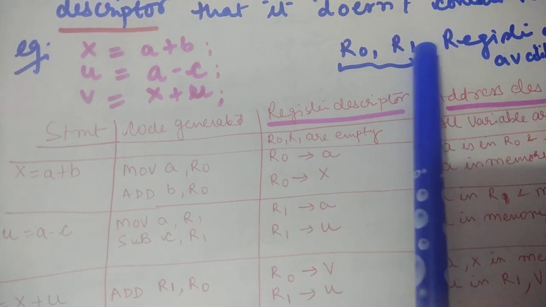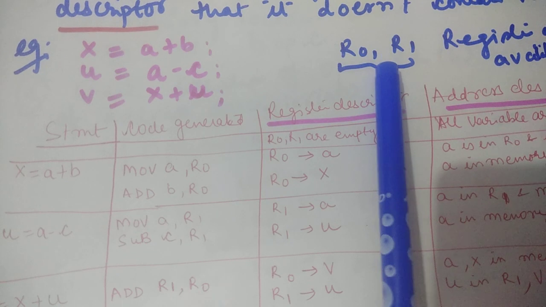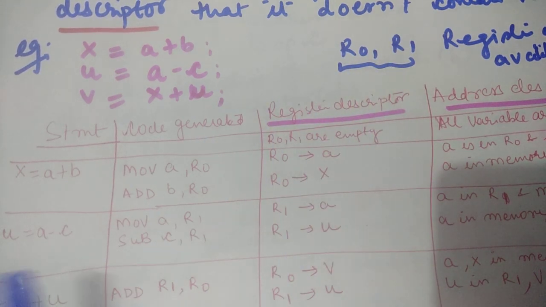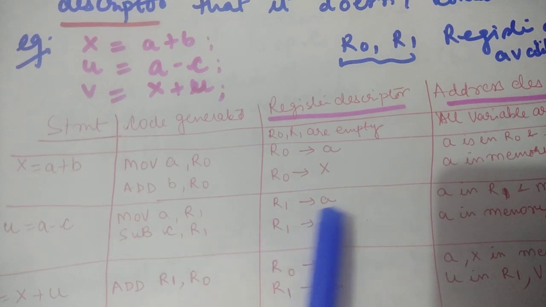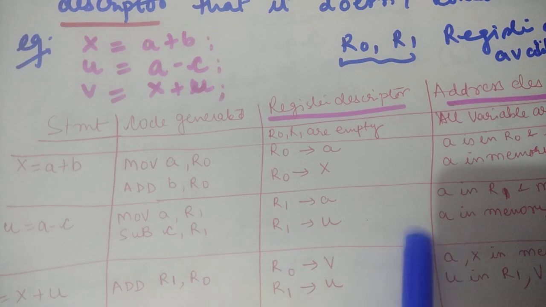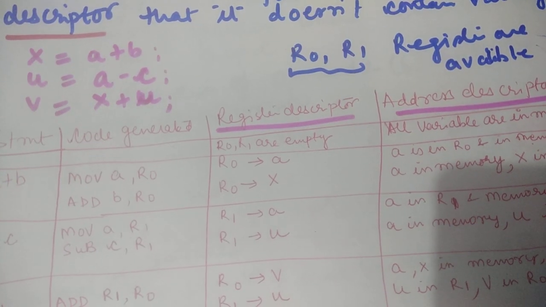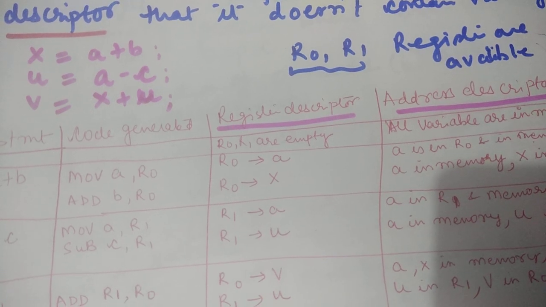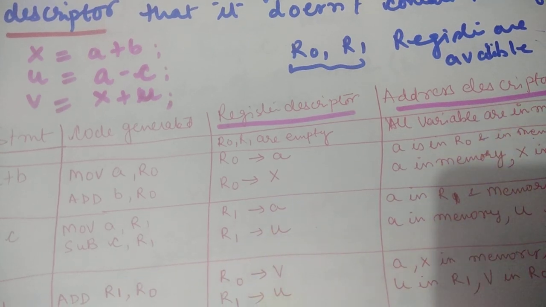And the getReg function already tells us how many registers we require for the execution: 2 registers, R0 and R1. Okay. So after the execution of this one, the register descriptor is telling that R1 contains the A variable, and this A is present in R1 as well as in memory. After that, we are going to execute the minus C. For the minus C, we can use subtract C comma R1. Now it will be modifying the value of the RD and AD. Okay.